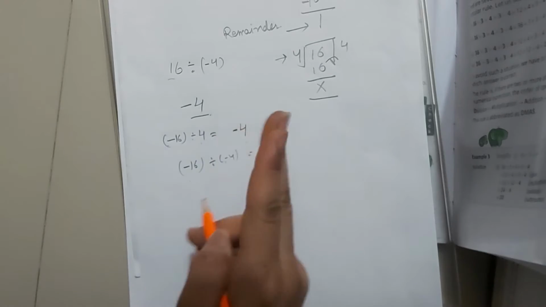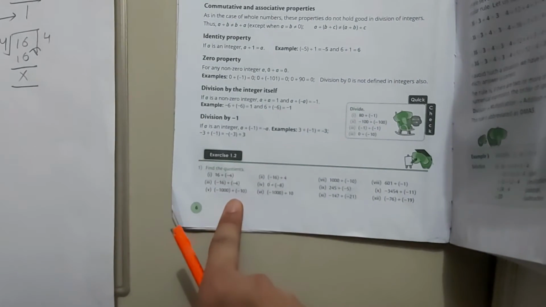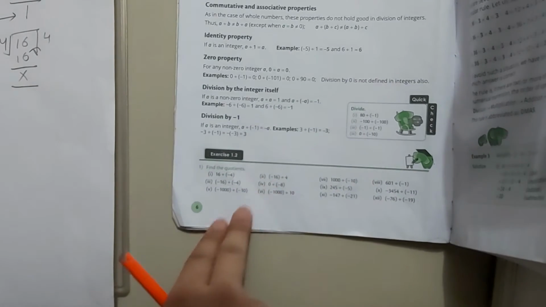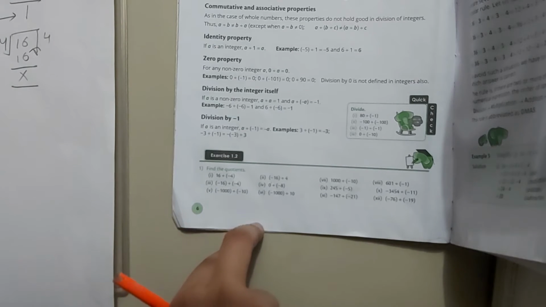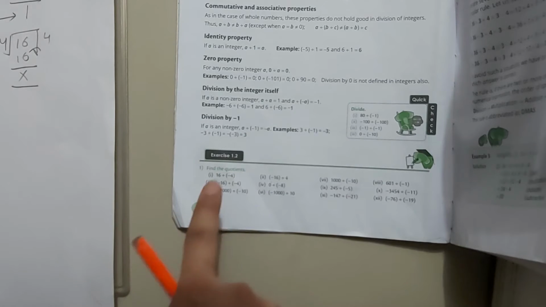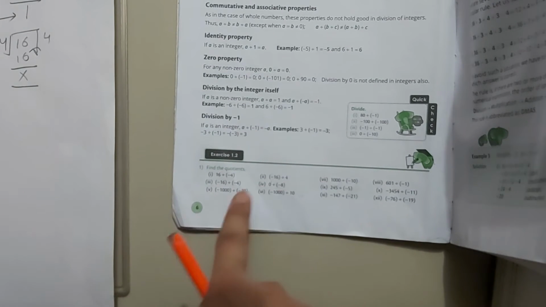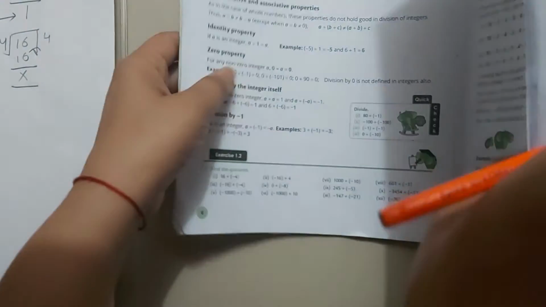So these are the rules we have read earlier, and these are applied in our first part. We just do the simple division, then we have to check whether the quotient is positive or negative. If the divisor and dividend have the same sign, then the quotient will always be positive. If the divisor and dividend have different or opposite signs, then our quotient will be negative.